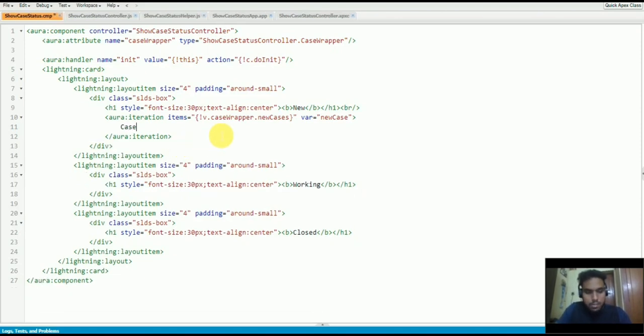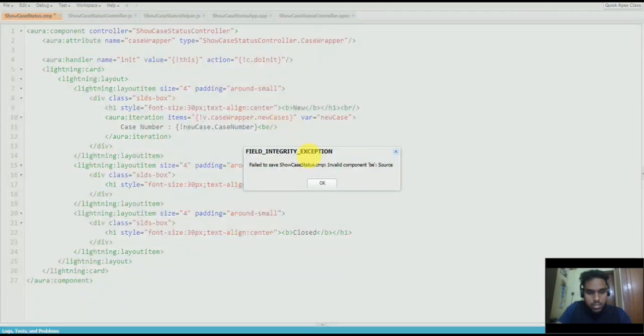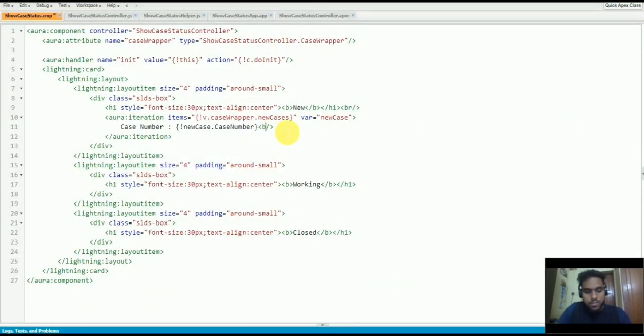Yes. So inside this aura:iteration, I'm going to print the case number. It should be newCase.CaseNumber, and I'll just add a break statement here. And also I'm going to print the subject.